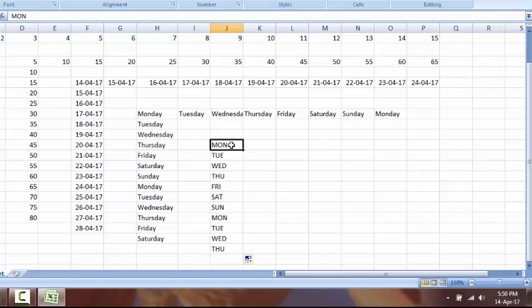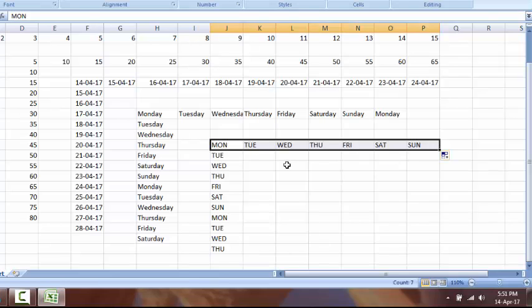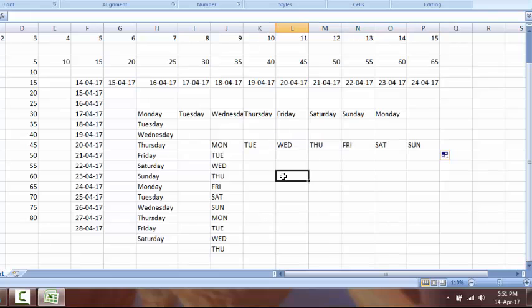Select this one and move your mouse pointer on a square box, then press the left button of your mouse, then drag it straight to the right. By default, you can also write months, like I want to put January,